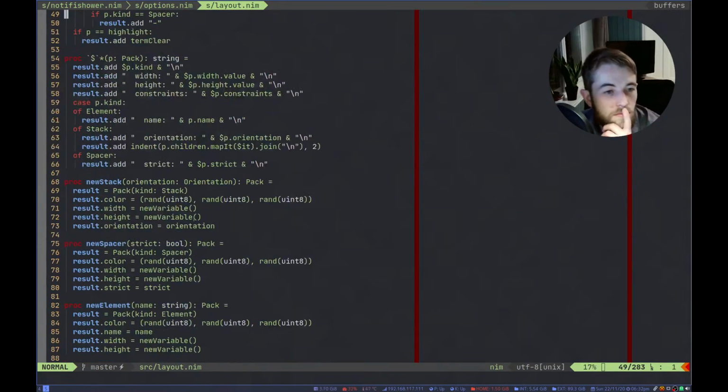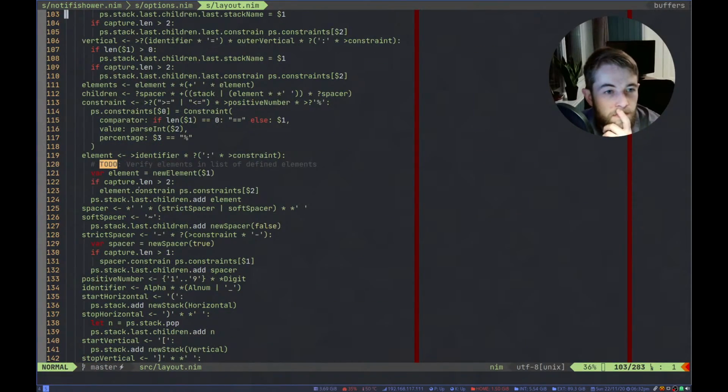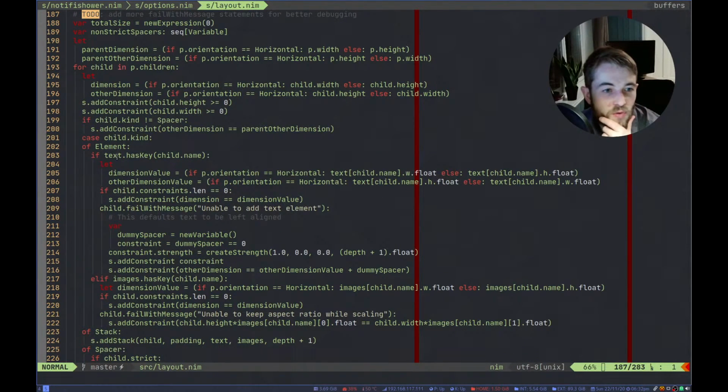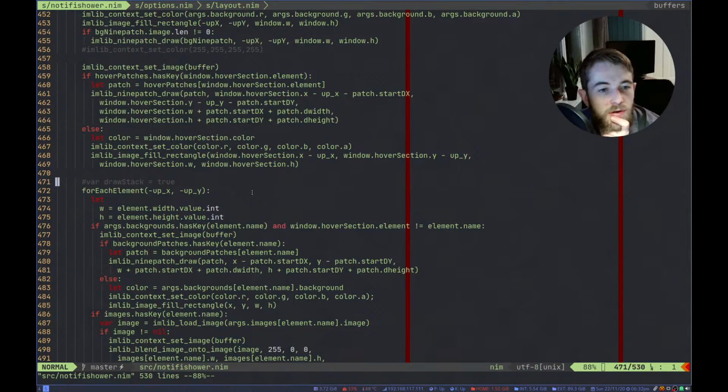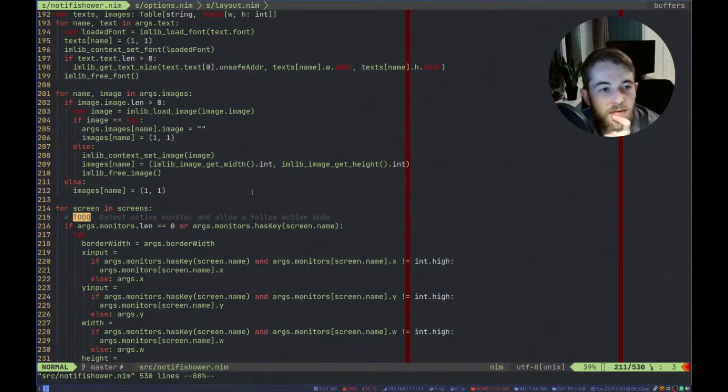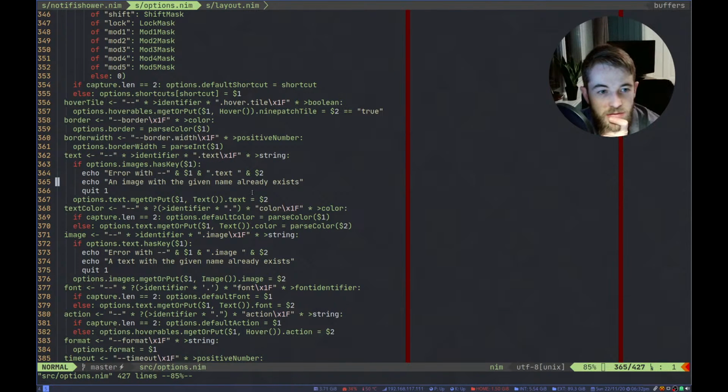So like down here, there's the rule that says if text has the key for the node and the layout that we're currently doing, then do this stuff and grab the width and height that is determined by the text that you input. But we can already by the options.